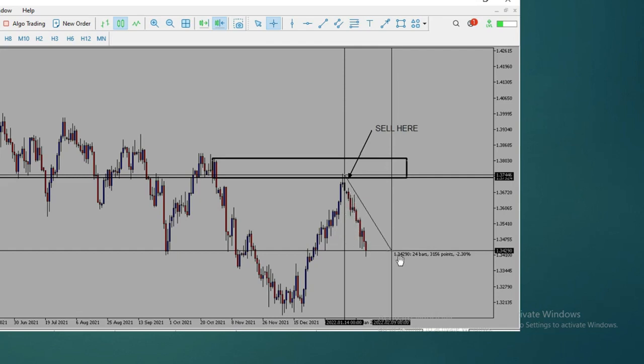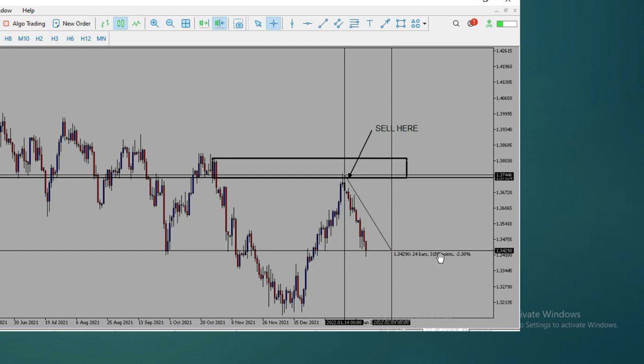From here to this point, we have 24 bars or 24 candlesticks. Then the points that we have there is 3,156. But remember, we said for our calculations we'll be using pips, the smallest unit movement in the forex market. To convert this from points or pipettes to pips, we simply divide by 10. We ignore the last digit. There's no need of rounding because it's a very small thing, so it's basically 315